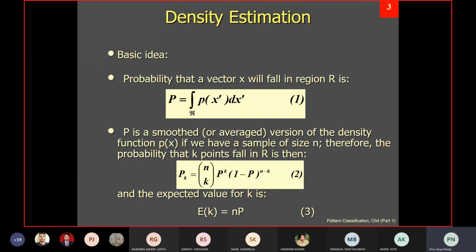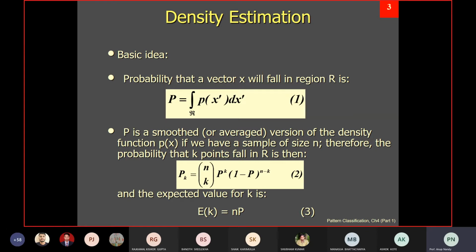Okay, and where in this sphere there is some small radius you have around x. So x is a feature vector in this case. Now this probability P that you are going to compute, that a vector x will fall in the region is given by P equals the integral of p(x') dx'. This is a functional form, an approximated form. Somehow you have to manage this approximate function to be the same as p(x), and then these things will be approximated.